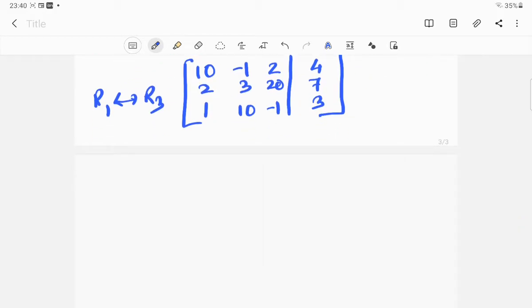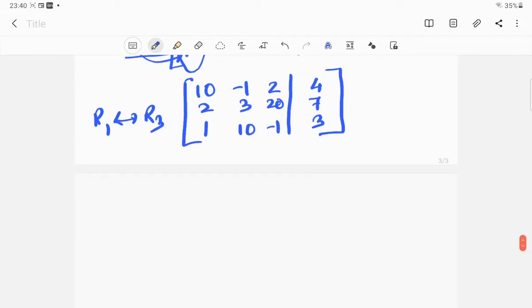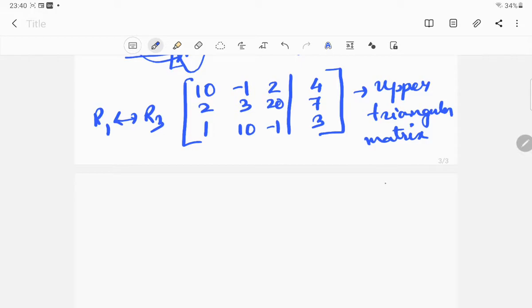Now the largest number you have done. So what is our aim? We want to turn it into an upper triangular matrix. This is the real trick of the Gauss elimination method. We will have to eliminate the values from the matrix elements in such a way that it converts to an upper triangular matrix. You know what an upper triangular matrix is? It looks like this. Here values will be there, here also there will be values, but these two values will be 0. So this is called an upper triangular matrix.